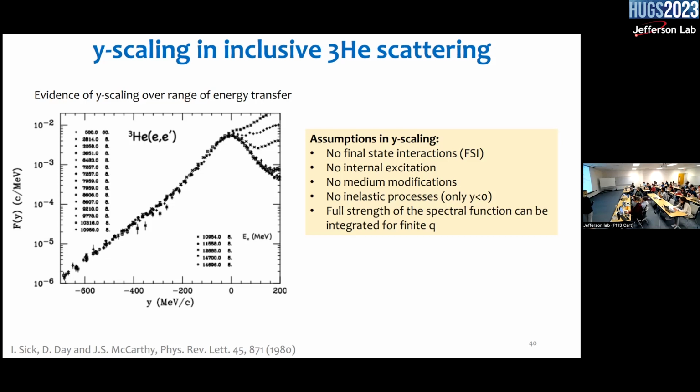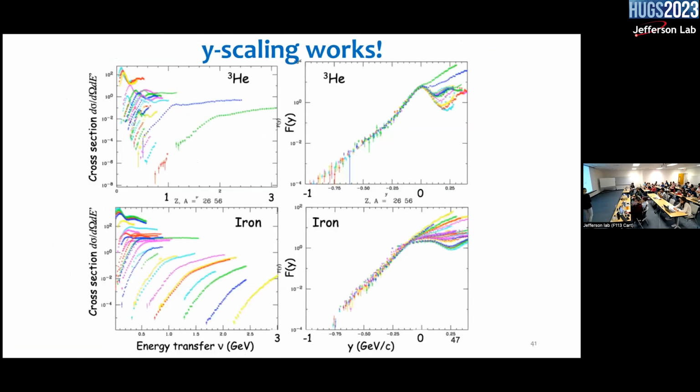And the full strength, so this is the important part of why y scaling is really useful, is that the full strength of the spectral function, okay, the spectral function is like this probability that you can basically pick out a nucleon with this epsilon separation energy and some initial momentum in the nucleus. So that's its momentum distribution. So this full strength of the spectral function can be integrated for a finite range in Q. And so that's really nice because it gives us some information, like I said, on the momentum distribution, and it